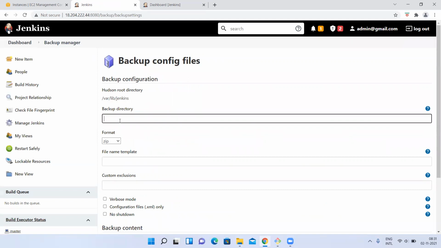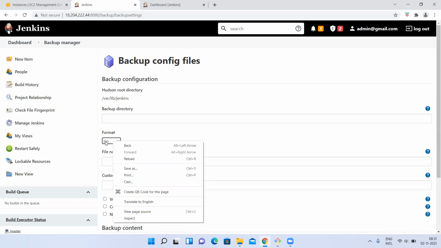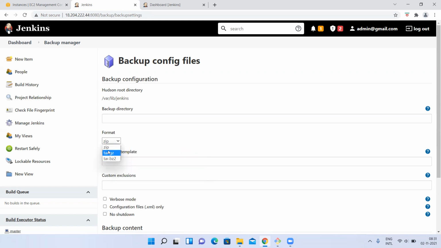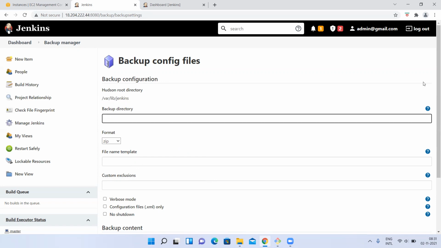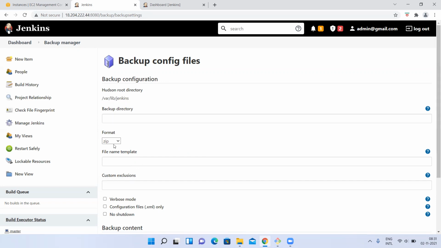You want to take that. Where do you want to take the backup? Some other location, right? Give the source and destination location. Which format do you want, either zip or tar? Which file format? So it is going to take the backup of this entire Jenkins folder and put it inside this directory in zip format. It will convert this to zip format and then put it here.